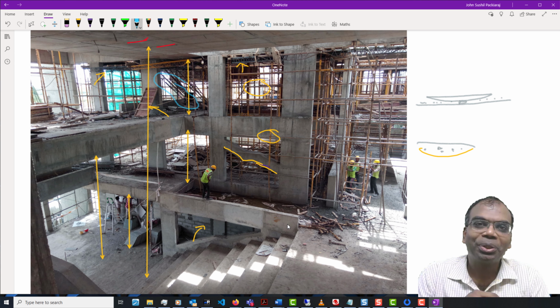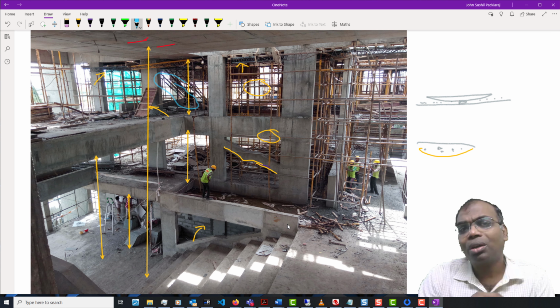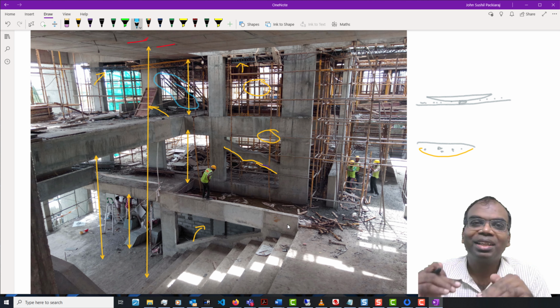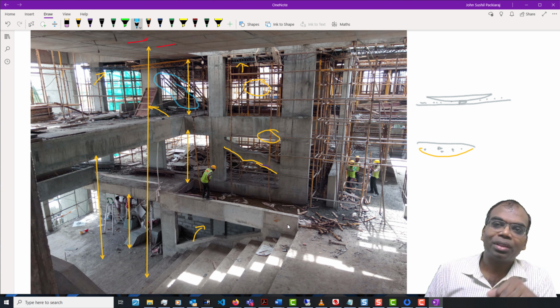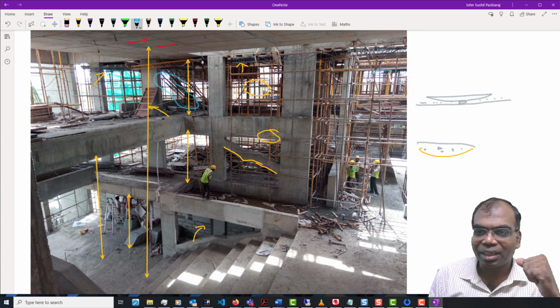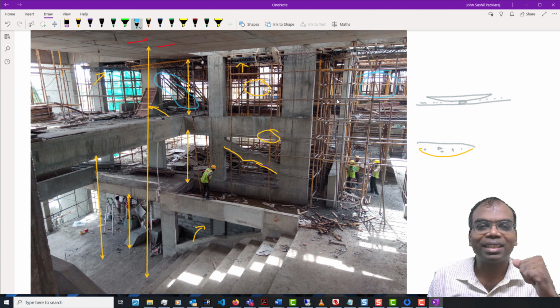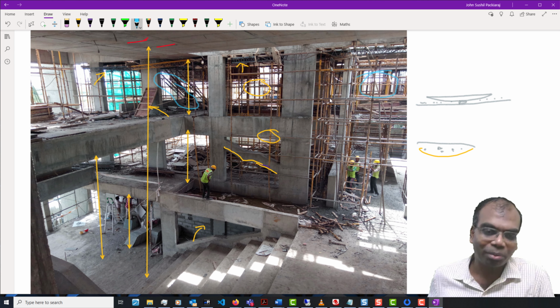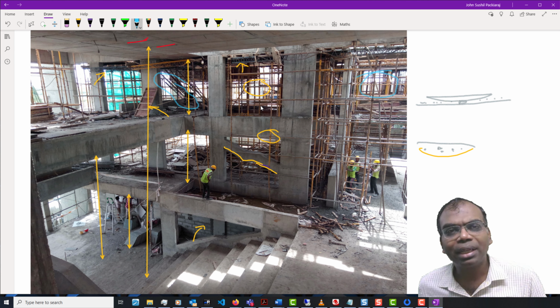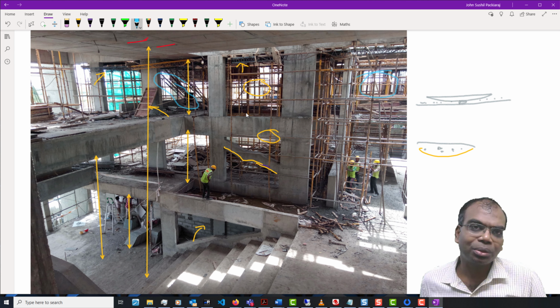I'm sure you are going to agree with me, because although the soffit of the slab is the same, the number of elements which make the staging itself is that much more.